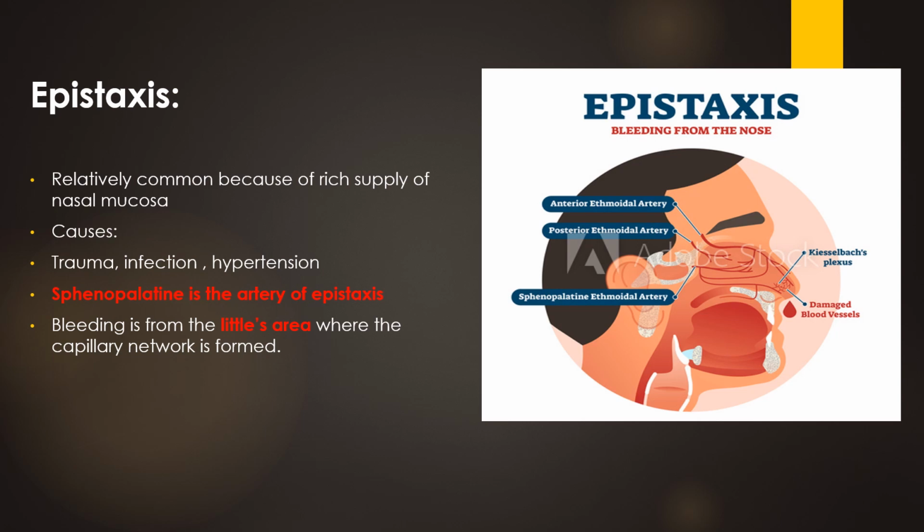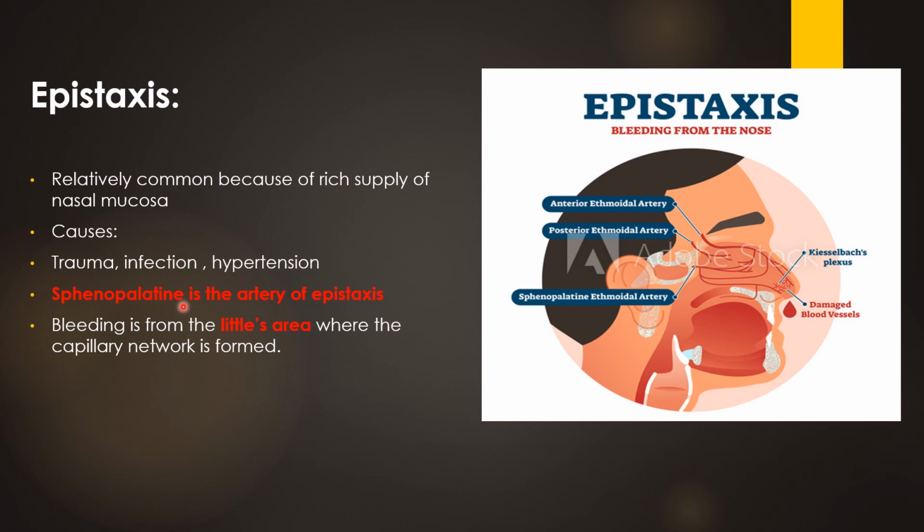Now let's discuss what epistaxis is. As we discussed, bleeding from the nose is termed epistaxis, and it is relatively common because of the rich supply of the nasal mucosa. The causes could be trauma, infection, or hypertension. The sphenopalatine is usually known as the artery of epistaxis because it is a major